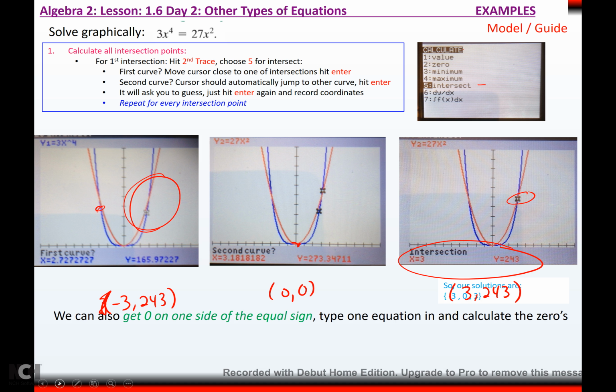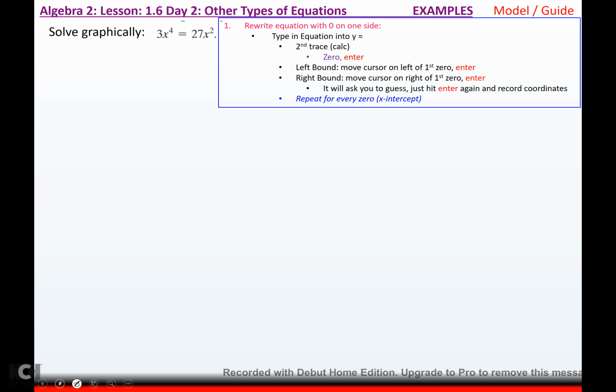All right, so we can also actually do this another way. If I get 0 on one side of the equal sign, so I would subtract 27x squared from both sides. That would give me 3x to the 4th minus 27x squared equals 0. If I go to y equals and type that one in, 3x to the 4th minus 27x squared,